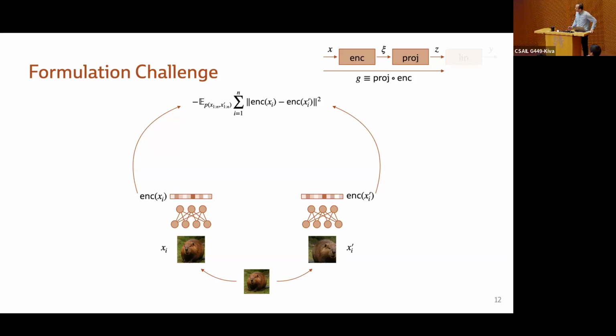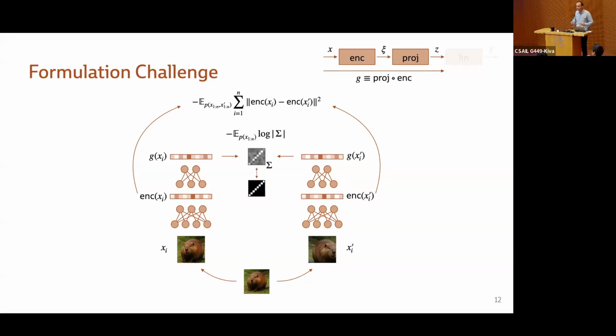Now what we can do after that is that we have an additional network here, a projector, that actually translates these encodings into embeddings. And now from these embeddings, what we do is that we compute a cross covariance matrix. So we collect the embeddings over a full training data set, then we compute this cross covariance matrix. And then what we do is that we force this cross covariance matrix to be close to a diagonal matrix. And so in essence, what we are doing with this second loss function is that we are forcing the elements in our embeddings to be decorrelated from each other.